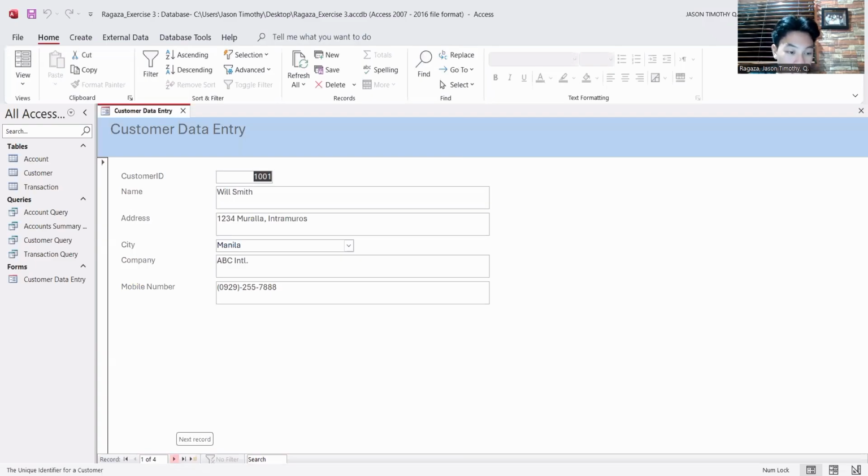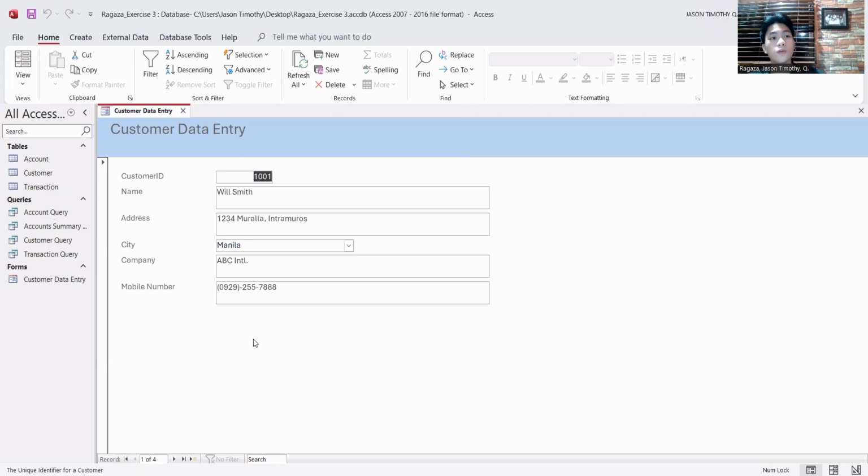Then we can click the next record, the last record, the new or blank record, as well as the previous buttons, such as the previous record or the first record. So we click on next record, next, next, next, and this is the last one. Now we head over to the first record and click on it.